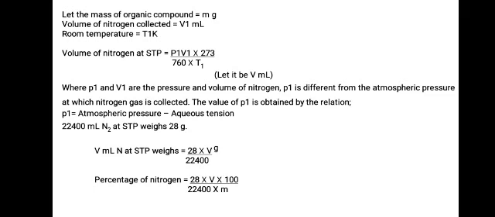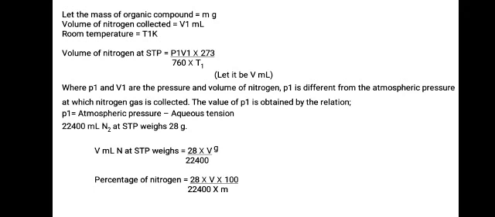So the volume of nitrogen at STP will be calculated by this formula: P1 V1 into 273 by 760 into T1. P1 and V1 are the pressure and volume of nitrogen. P1 is different from the atmospheric pressure. P1 is the pressure of nitrogen, which is different from the atmospheric pressure at which nitrogen gas is collected. So the P1 value will be obtained by this relation: atmospheric pressure minus aqueous tension. If we subtract the aqueous tension from the atmospheric pressure, then we will get the exact value of the